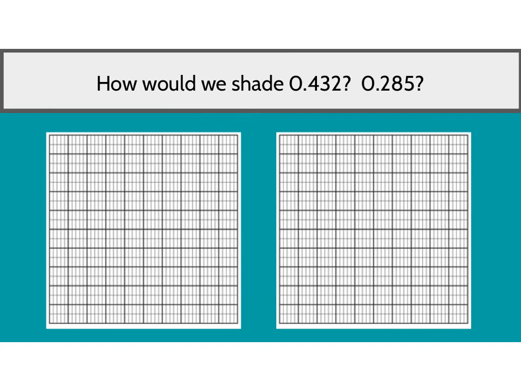So how would we shade 0 and 432 thousandths? If you take a look at the grid here on the left, we're going to look at our first digit after the decimal point. We know that we have a 4 in the tenths place, so that means that we would shade 4 of those in. So all of this would be